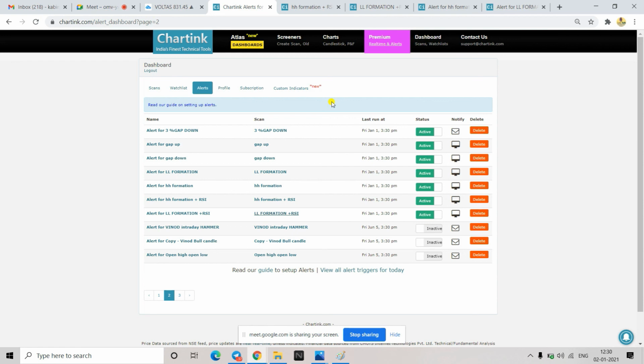See, for closing a position, we use limit orders. For entering, we are using trigger orders. Try to understand these points also. You have your account in which broker? I just recently opened. I did not start the trading actually. I just opened a broker account with Zerodha. Zerodha is fine.